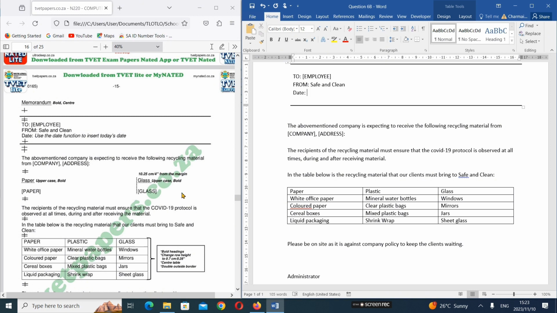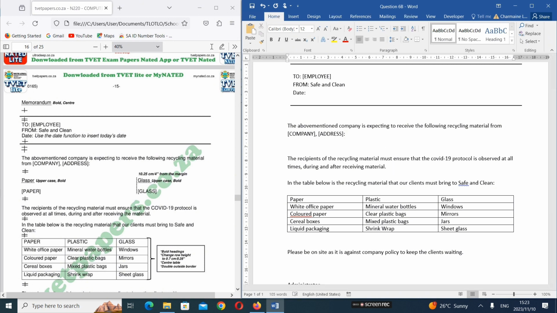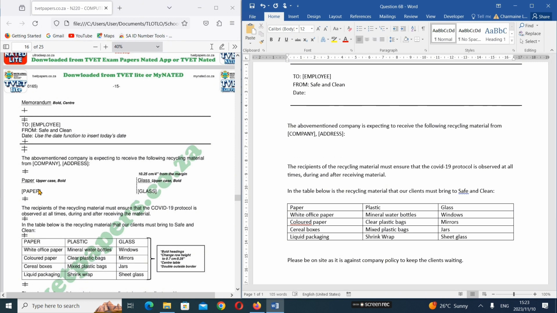This part I didn't include because I said I will do it in this video so that we can see. Some of us don't know how to insert a tab stop. So I said I will do the tab stop in this video so that we can learn at the same time how to insert those tab stops. The information was supposed to be inserted here, so it's supposed to be double click and then tab, and then just say paper,